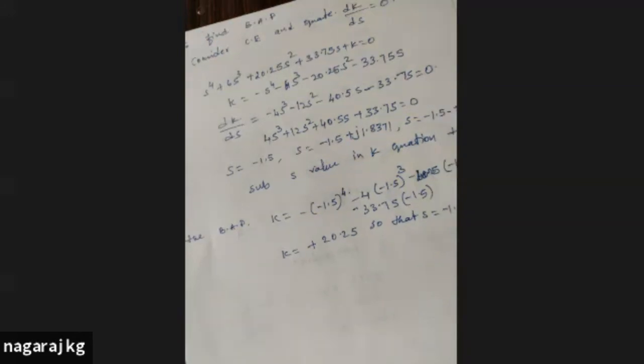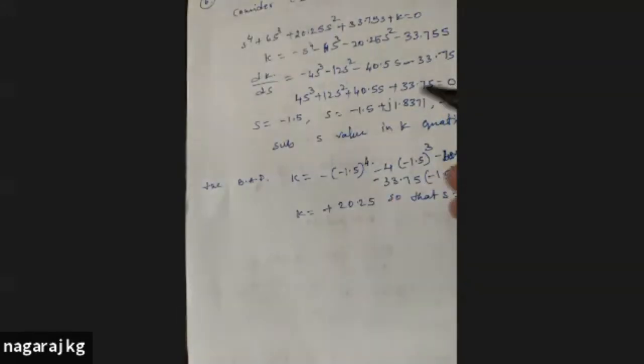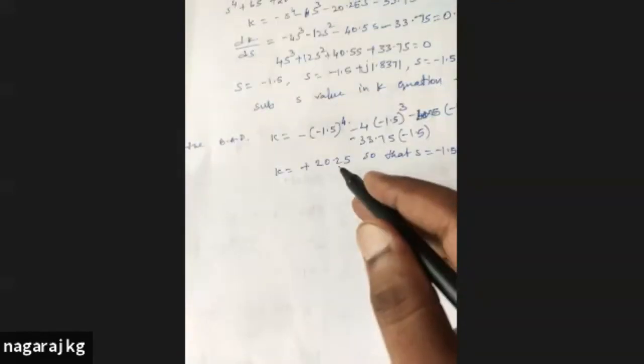Only one step it has gone wrong. The next step I have taken it as 12 itself. Now you find out K value. There I have written wrong, but it got corrected in the next step. I think your query is solved. K is equal to 20.25 you are going to get when s is equal to minus 1.5.